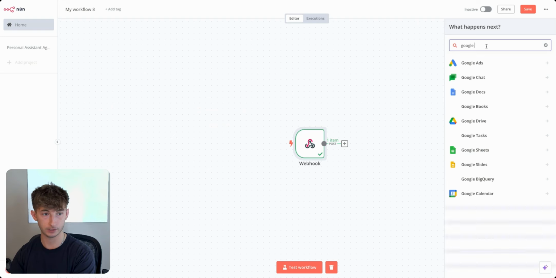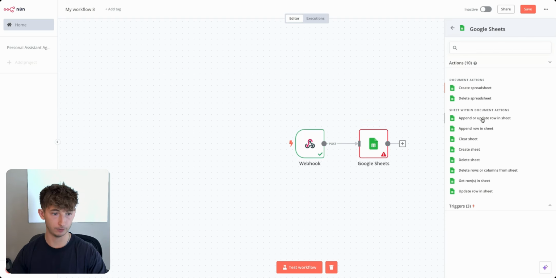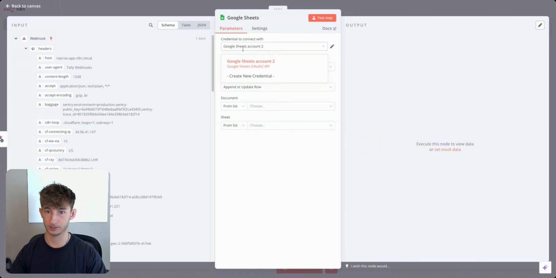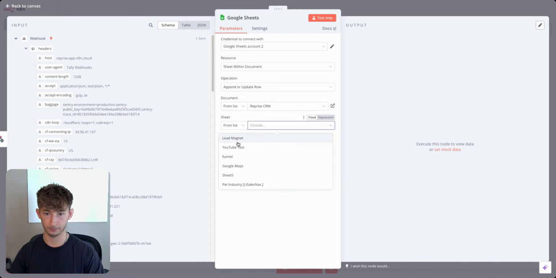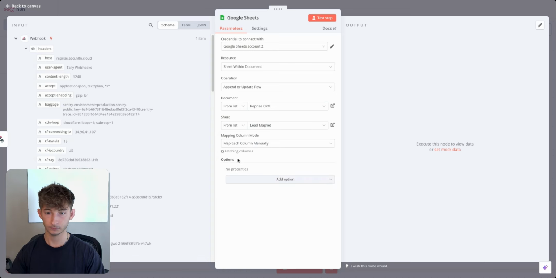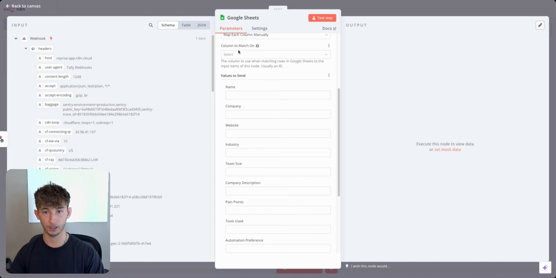We'll just search up Google Sheets, and we'll do append or update row in Sheets. We'll make sure we connect to our proper account, and we'll choose the document. I believe I had it as pre-CRM, and the sheet will be under lead magnet. In a second, it'll take a couple seconds to fetch all the columns, but we'll just do column to